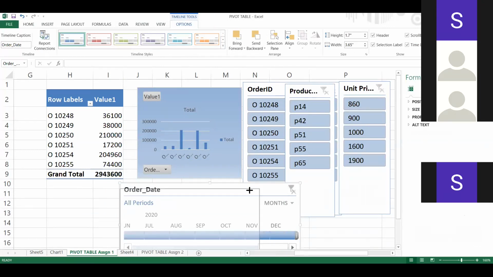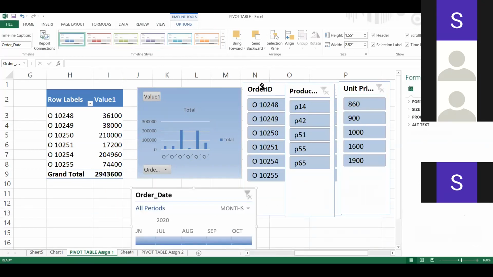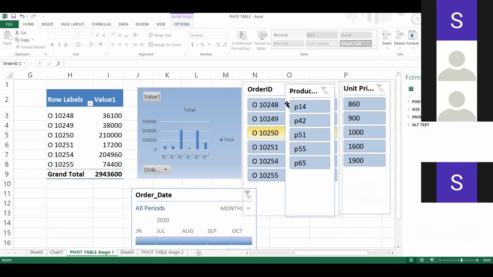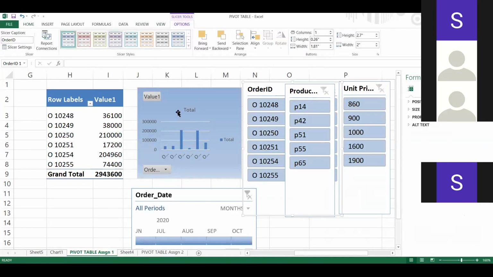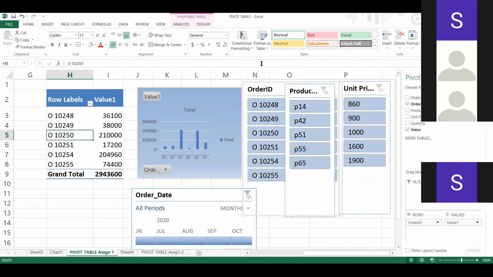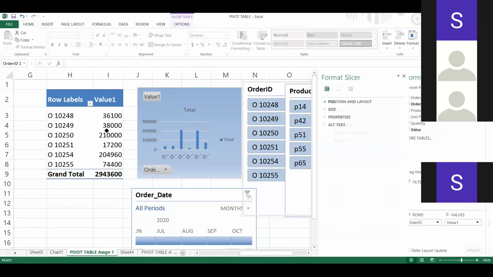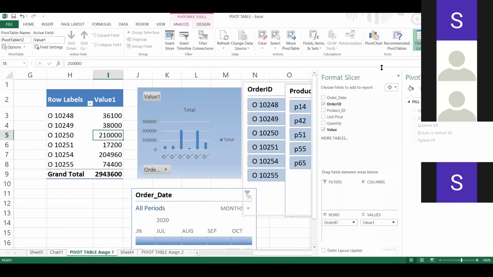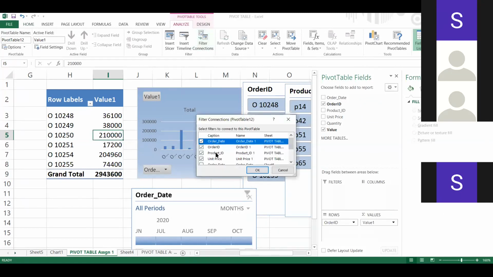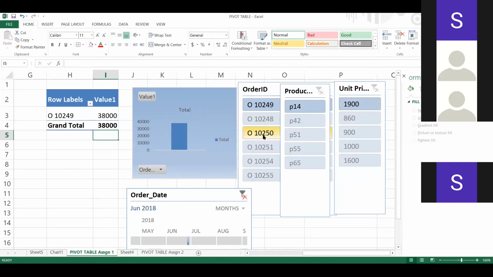Okay. Now you have to connect all these things together. So what you have to do is click on the slicer, and click on relationships. You will see filter connections. Just click on all of them, so that each slicer is connected to the pivot table. So whenever you select any one of them,